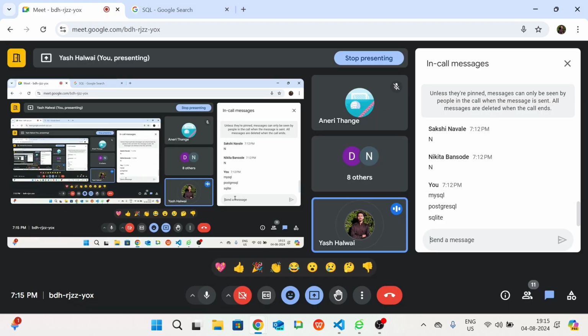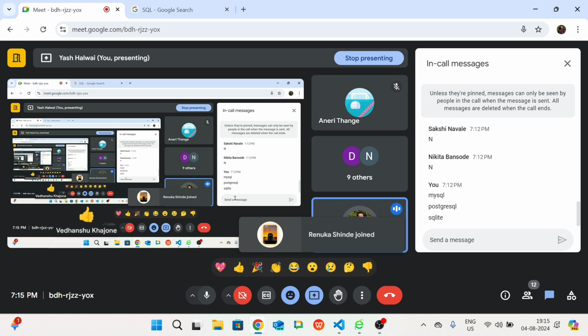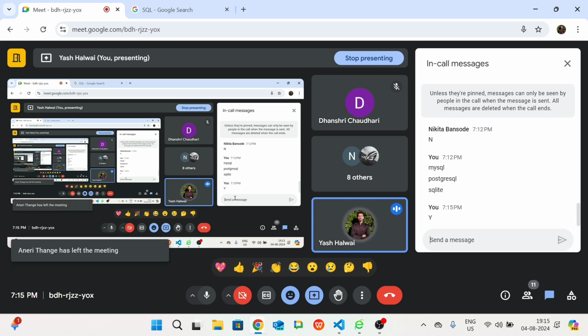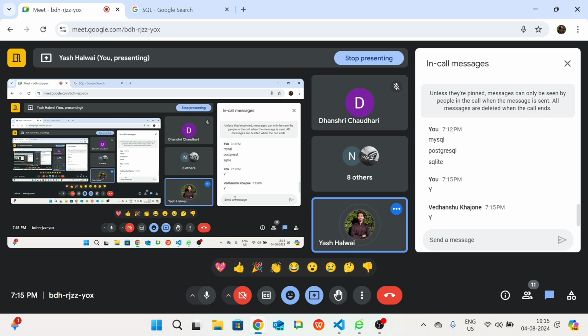Yes or no? A little bit. What do you mean by SQL? Do you get some point about SQL? Please let me know through a comment by typing Y, that you got a little bit of an idea of SQL. What do you mean by SQL? Yeah, good. What about others?